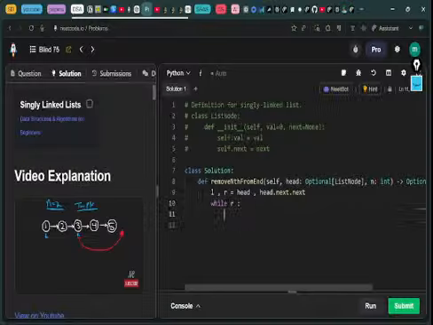While R is true, I need to do punch him. I want to punch this motherfucker. So while R is true, I need to do something. While R is true, I need to go over. So for I, current, no. L next, L is equal to L dot next, R is equal to